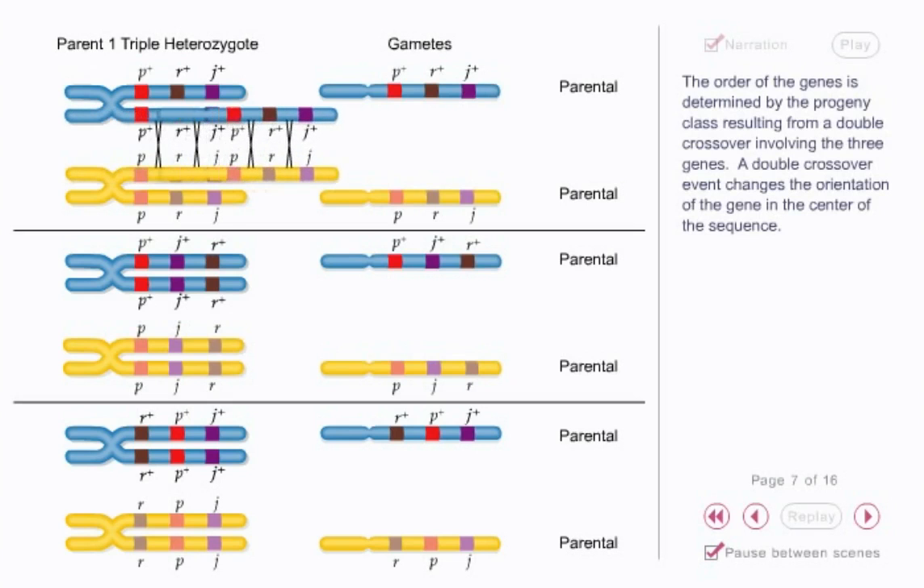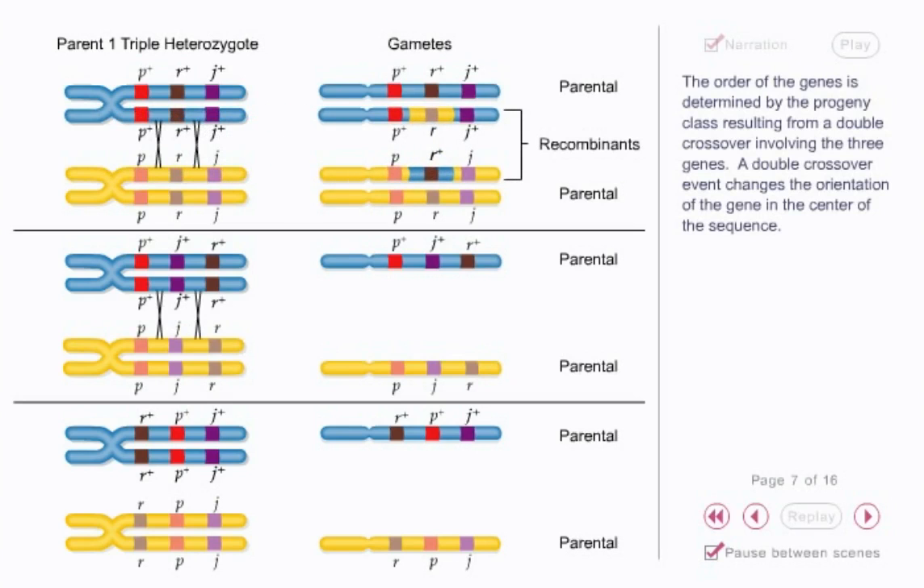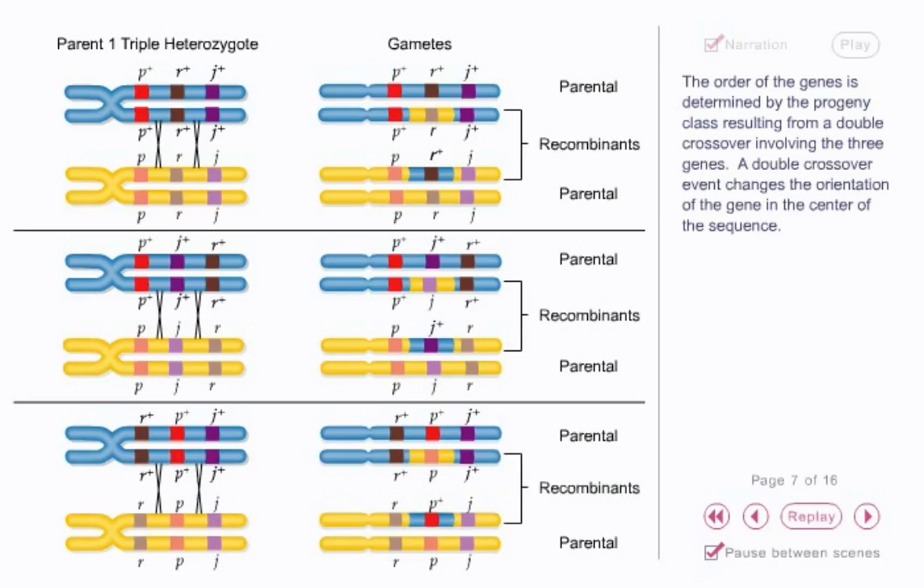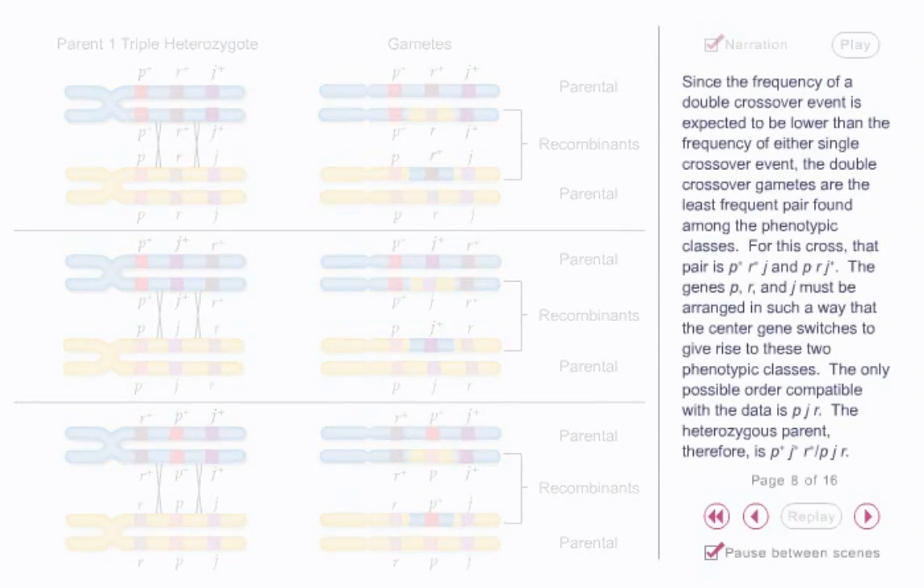The order of the genes is determined by the progeny class resulting from a double crossover involving the 3 genes. A double crossover event changes the orientation of the gene in the center of the sequence. Since the frequency of a double crossover